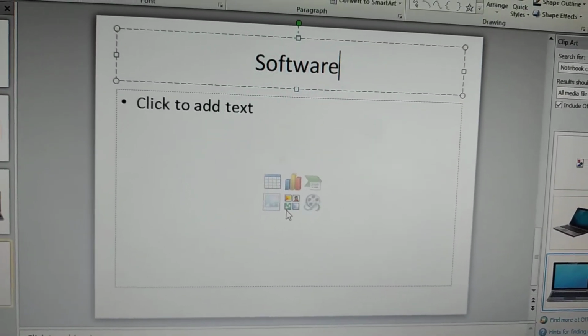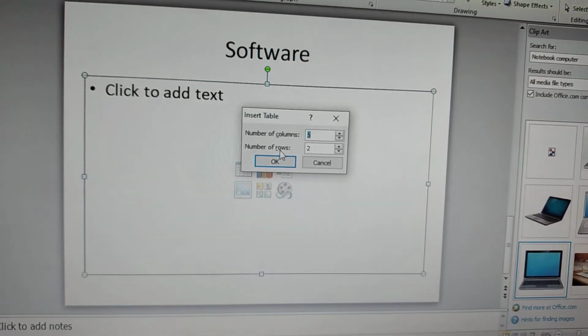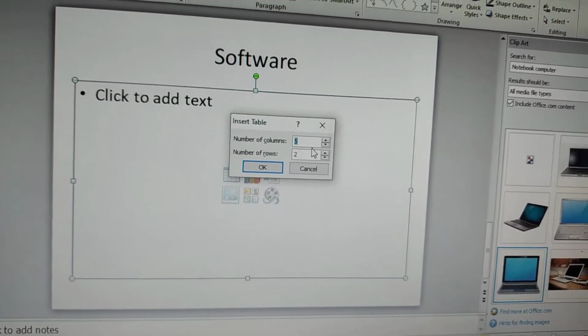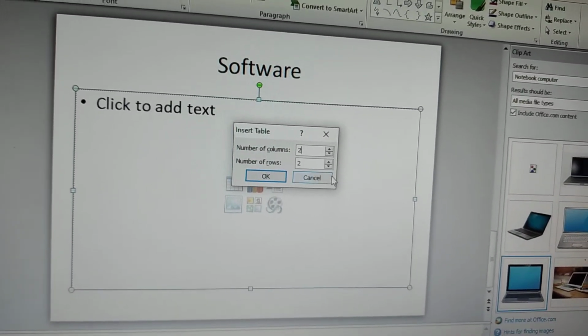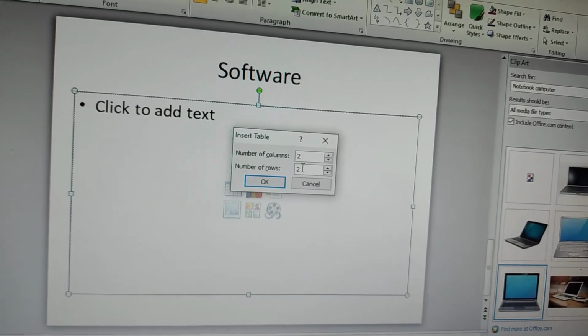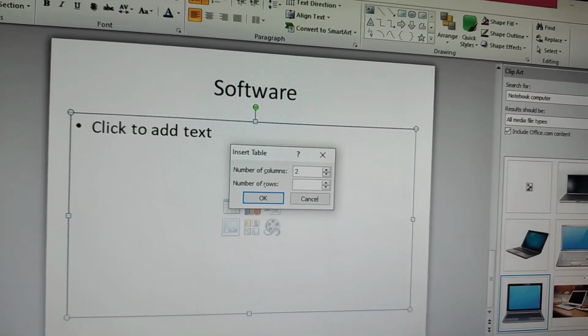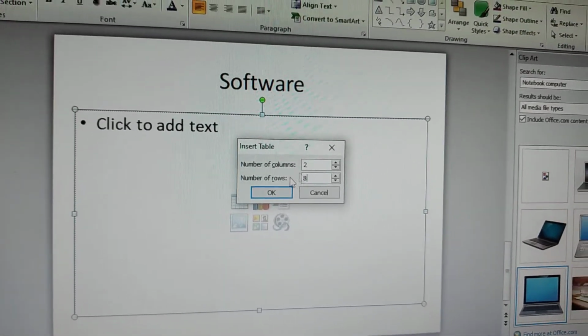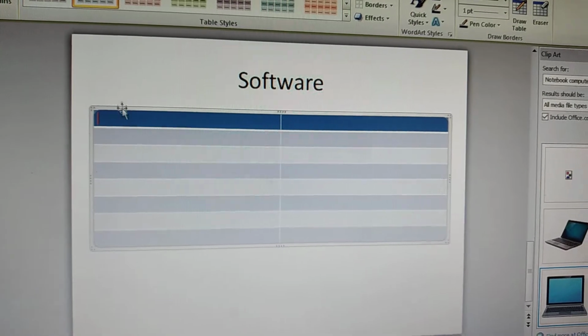Okay, and you can insert the table. So you double click on this. How many rows and columns we need? We need 2 columns. And how many rows? We need 8 rows. Sorry, 8. So in this way you can, yes, see here the table is inserted.